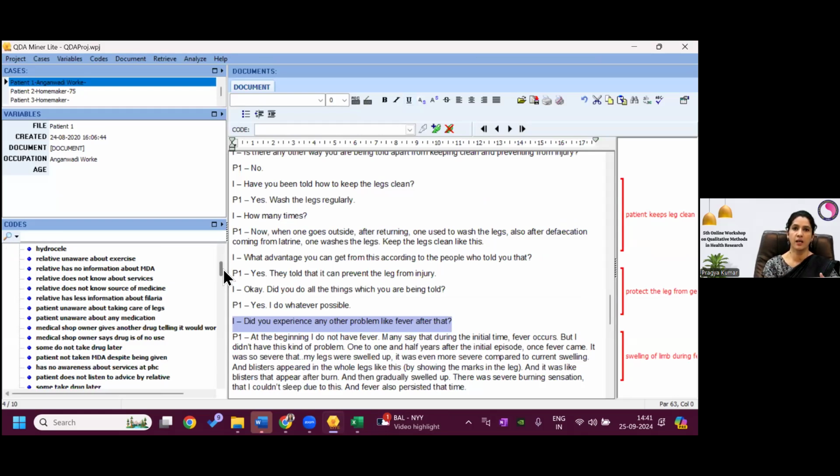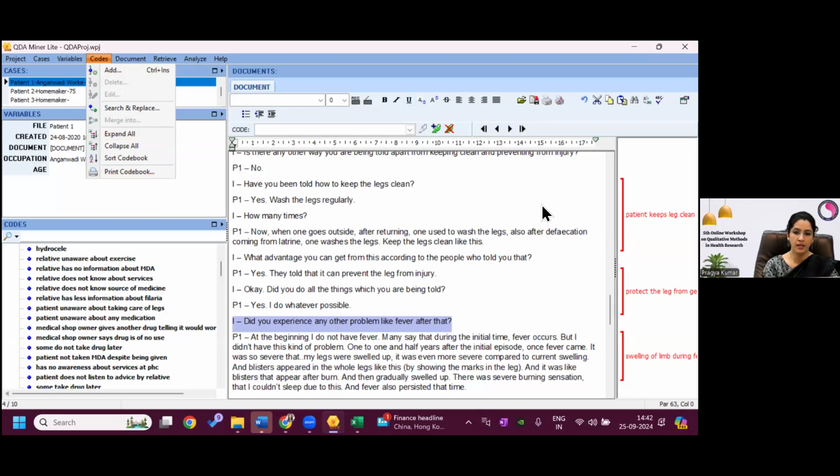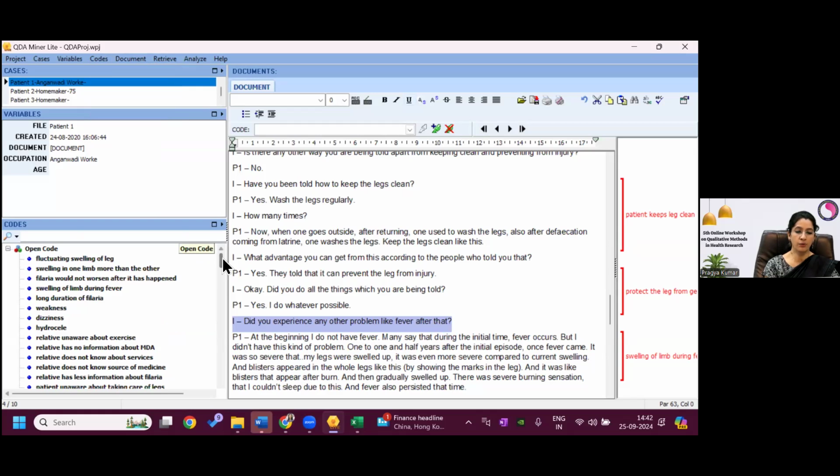You learned yesterday what all the functions are: importing the file, creating the variable, creating the spreadsheet editor, then creating the grouping descriptor, and then how to add a code, sort the codebook, print the codebook, and how to write your analytical memo or reflections. Once you are done with that, you are going to make a category. Now, what is today's exercise?